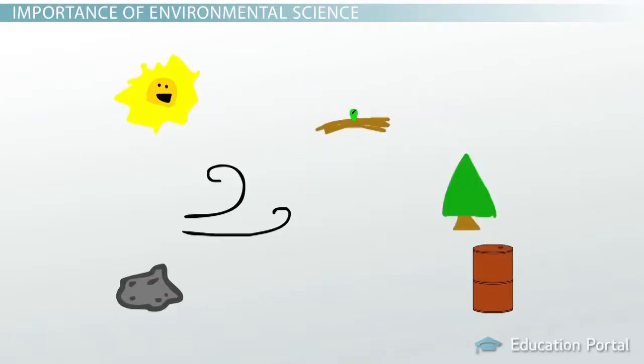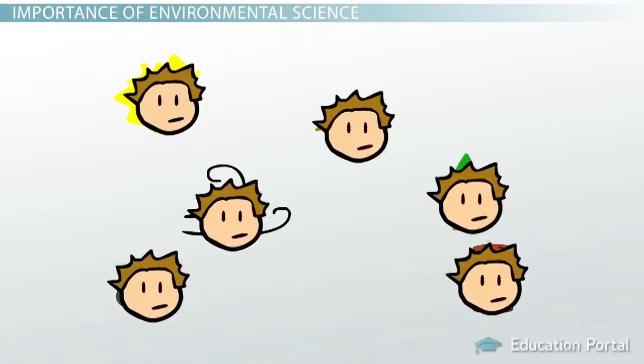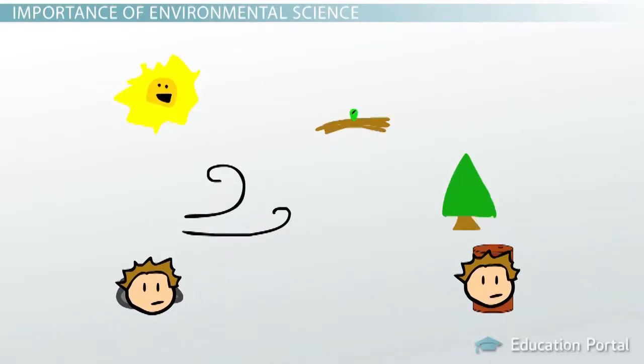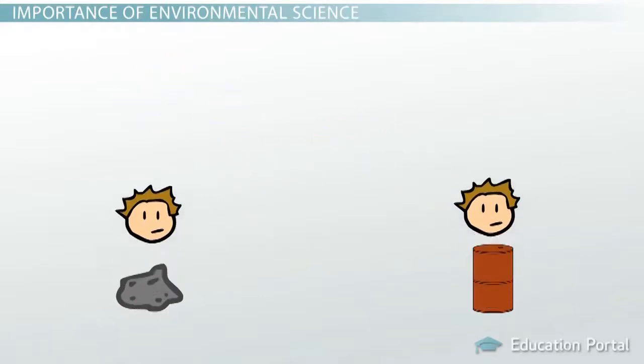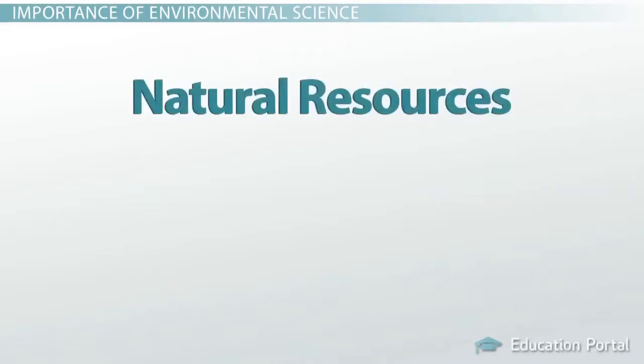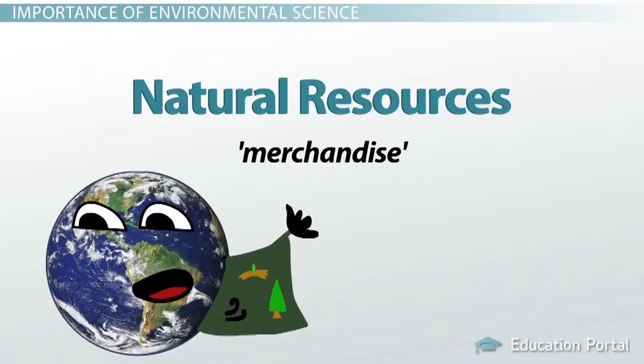Due to the increase in the human population, natural resources are being used up at a more rapid rate than in the past. Although renewable natural resources can be replenished, when they are used too rapidly, they cannot be replenished fast enough to meet human demand. Even worse, when non-renewable natural resources are used too rapidly, they become closer to running out completely and being gone forever. Natural resources have been referred to as the merchandise produced by the environment, and in this respect,